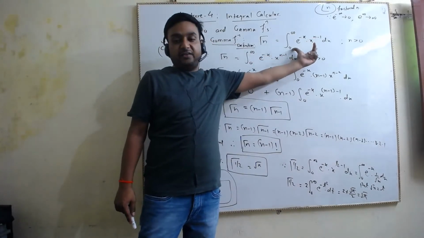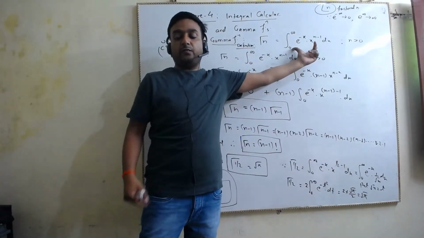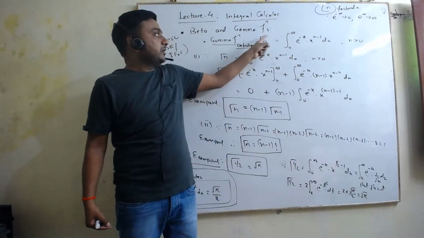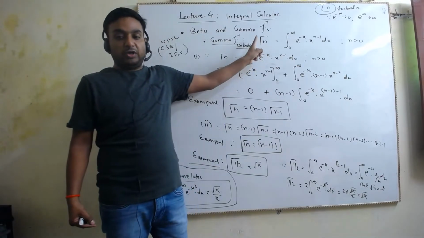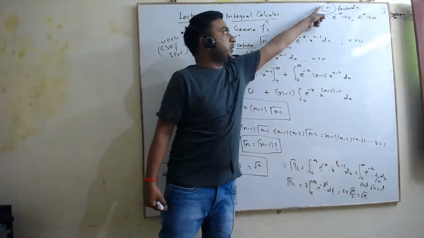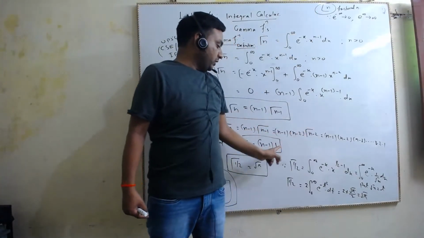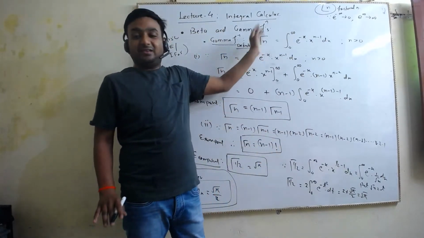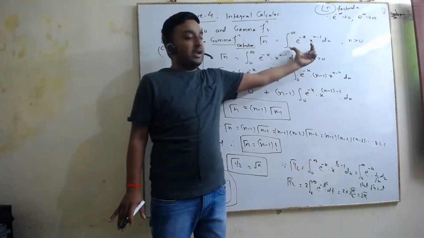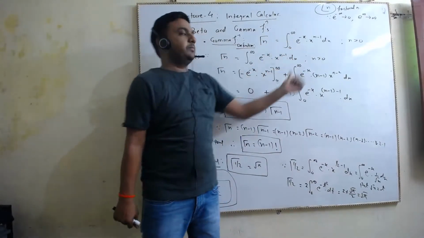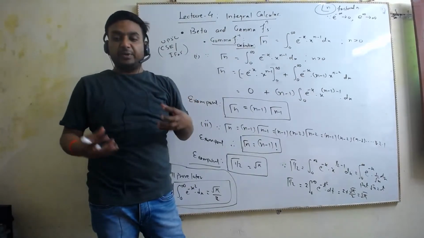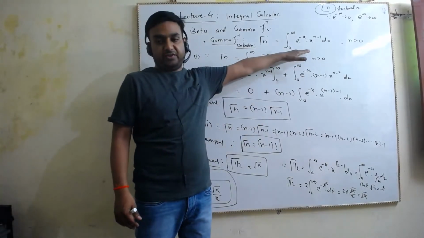So this integration is a special kind of integration. For that we have given a notation, gamma n. This notation is gamma. Don't confuse gamma with factorial. Factorial is written like this. So gamma n is an integration like this. Fair Santosh? Chalo. Now what our duty is, is to get some interpretations out of this definition.